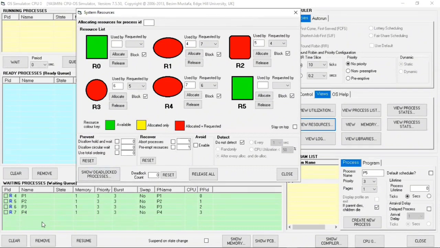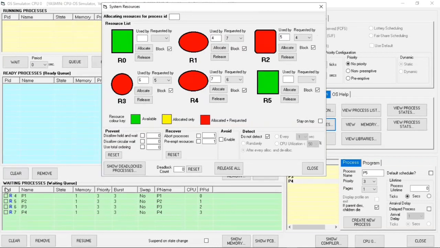You can see in here, there is no warning sign, and in the waiting process, the processes P1, P2, P3, and P4 are not running. So the solution we can use for this is to release one resource to prevent a deadlock. So we're gonna release the R1.